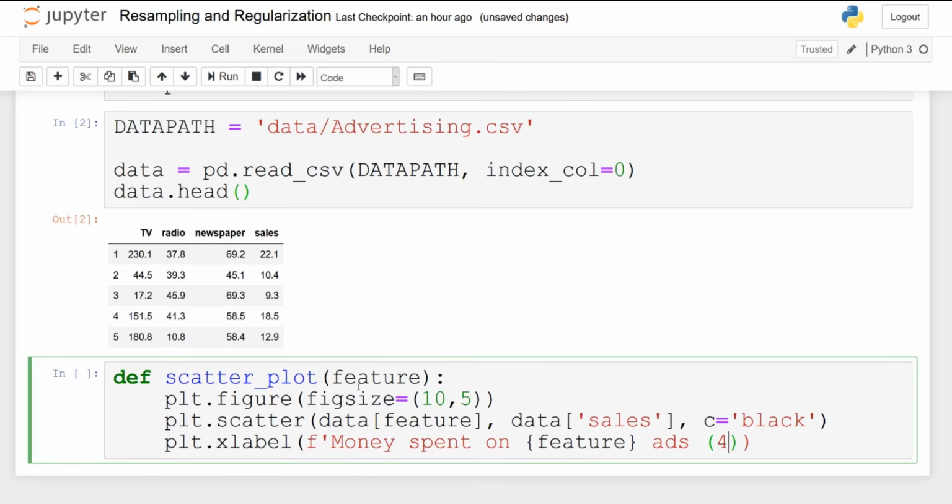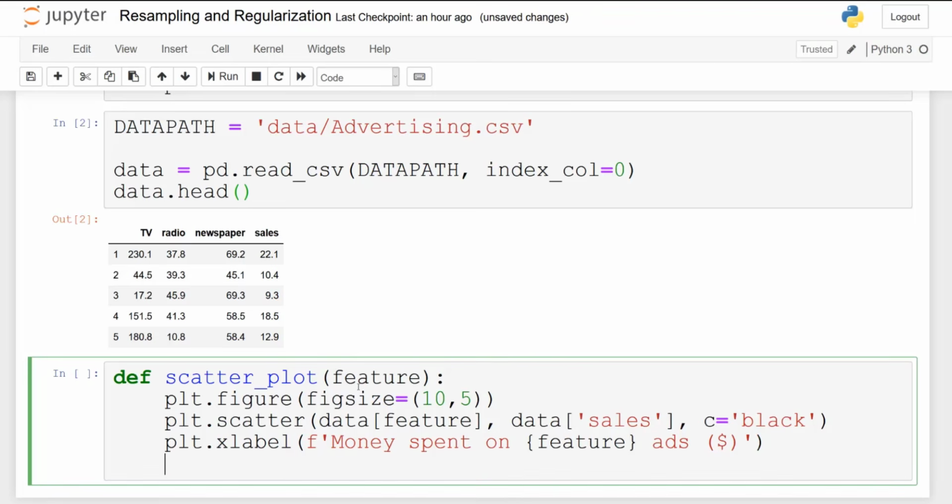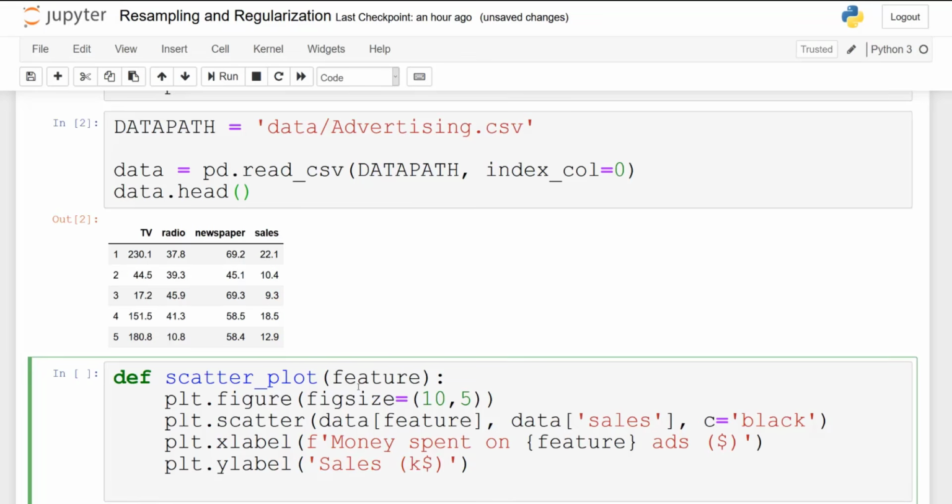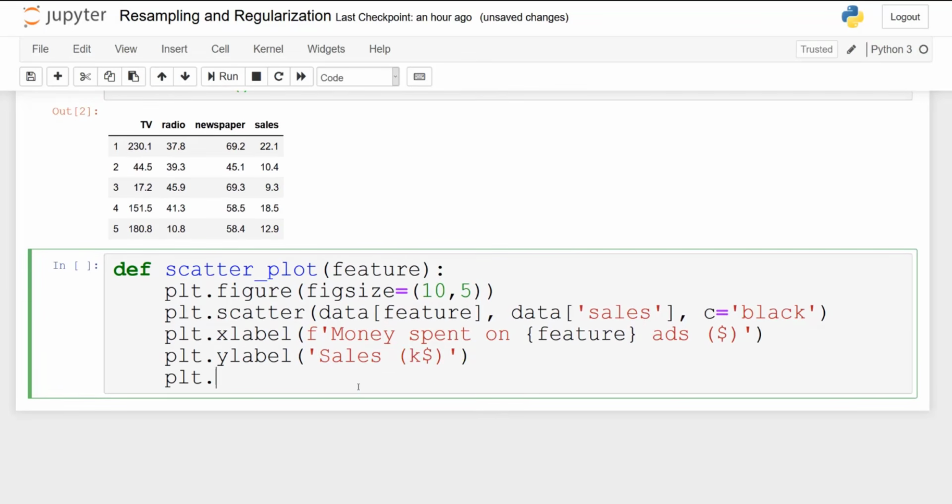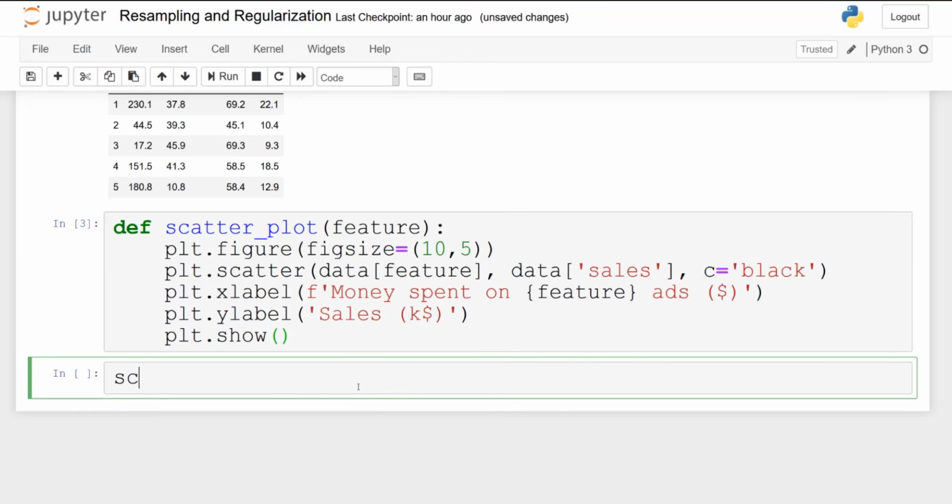So it will be money spent on TV ads or radio ads or newspaper ads. And then I specify a label for the y-axis, and in this case it will be our sales in thousands of dollars. Finally, we simply display the plot.